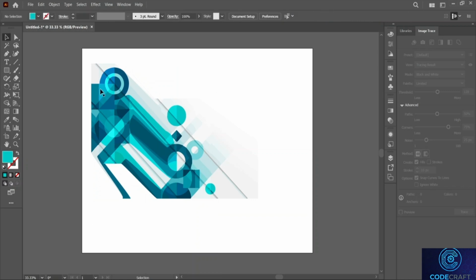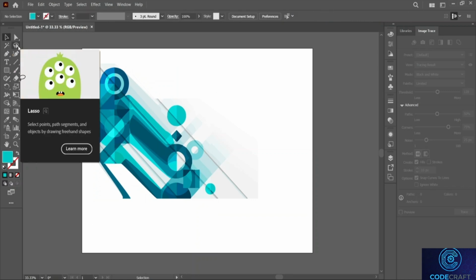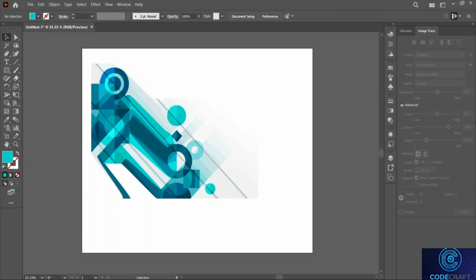All right, so this is how you basically use the magic wand tool and also our lasso tool. All right, and if you want to see some options for your lasso tool, you can see that even if I double click it, it does not work. All right. Okay,